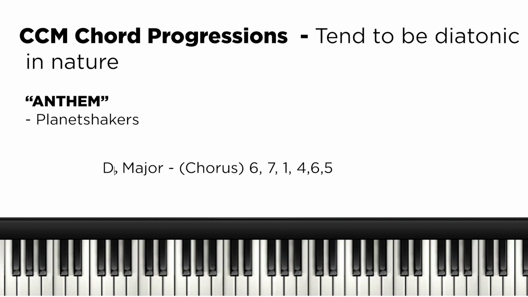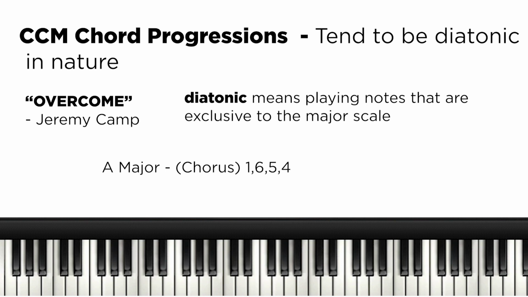We have that. And we also have this guy, Jeremy Camp. He does the song Overcome, which of course was done again by Ty Tribbett. So this is an A. So you have your A as the first chord. Go to 6, F sharp. And of course the 4 chord, or 5 chord. And then go to 4. Back to 1. So something like that is very simple for musicians. There's nothing crazy going on.